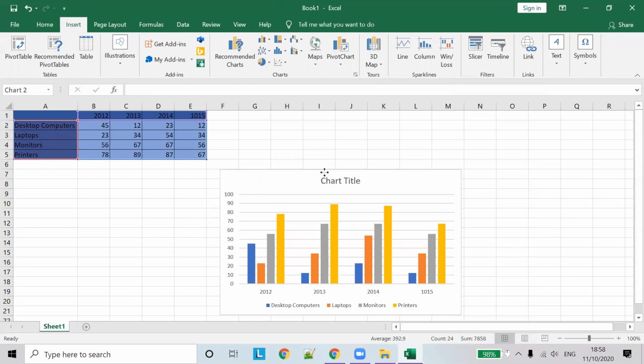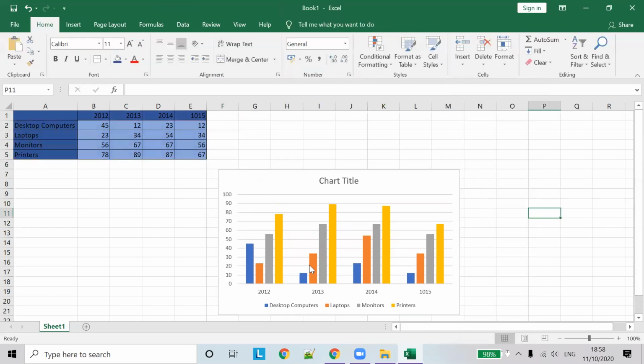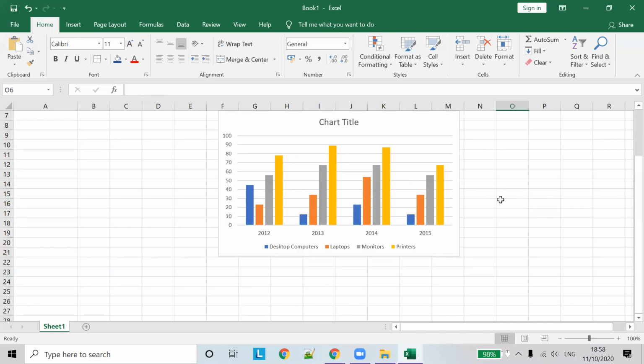This one looks better, right? This is the actual chart. Last time it added this column as data also. This time it has clear data: 2012, 2013, 2014, and 2015. This is very simple.